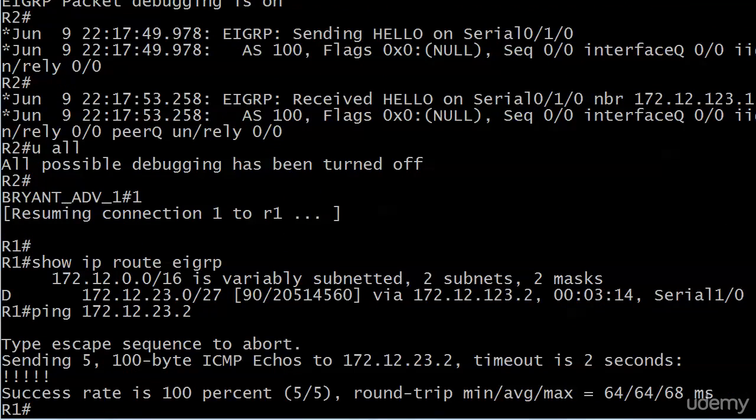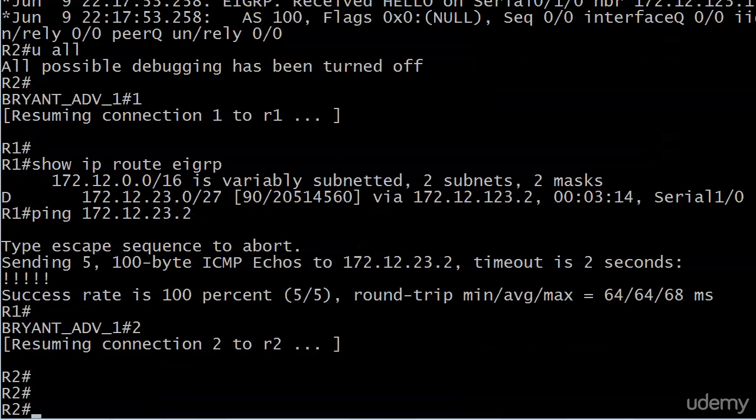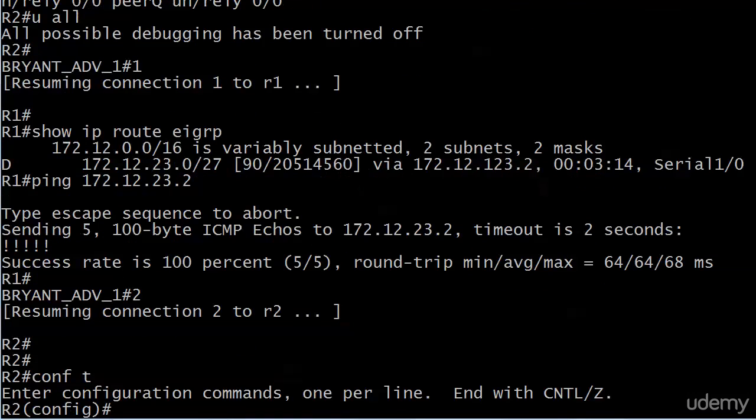Now, there's another way to do this. Isn't there always another way to do this? There's a great option for this, and I'll go back to router 2 and show you. Let's say that you had only one interface on your router that you didn't want to be passive. Let's say in this case it's serial 0/1/0 on router 2. That's the only one I don't want to be passive. I want every other one to be passive, and I want every other one anybody uses in the future to be passive by default. We can actually do that. And how we're going to do it,